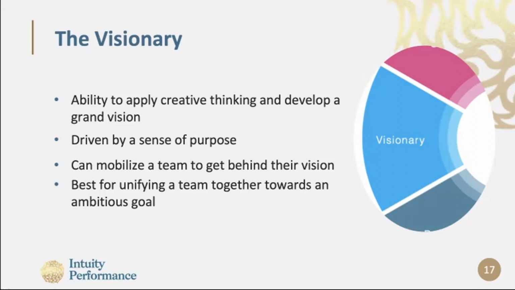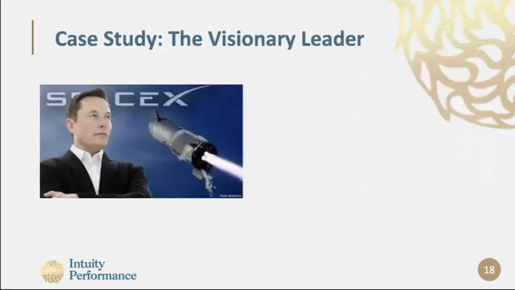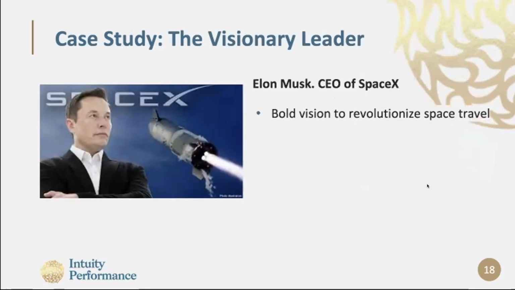Okay, so our visionary example is Elon Musk as the CEO of SpaceX. You could use Tesla, but we're going to talk about SpaceX today. As a prominent example, we'll explore how he demonstrates visionary leadership through his actions and decisions. He has a very bold vision for the future of space exploration, wanting to revolutionize the industry and make it more accessible and affordable. He sets very ambitious goals, such as establishing a self-sustaining colony on Mars, and he uses that to inspire and motivate his team.